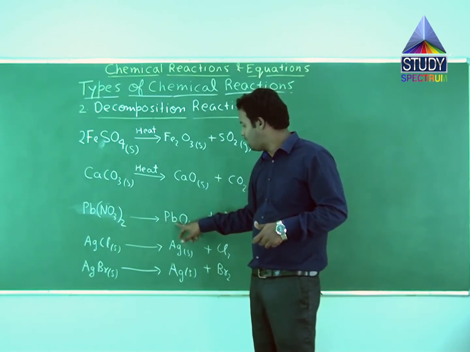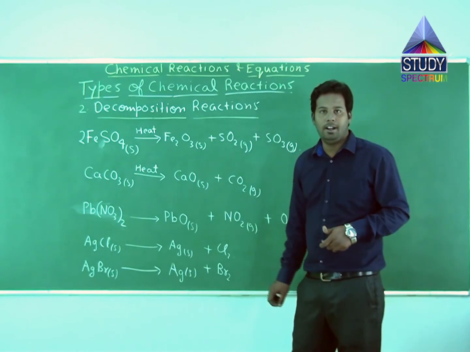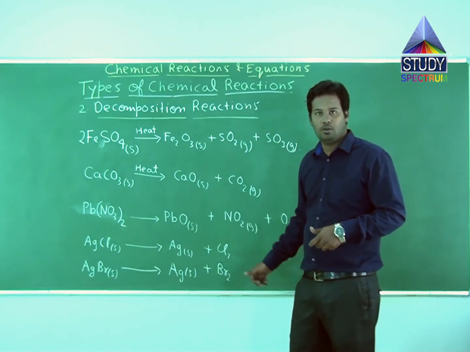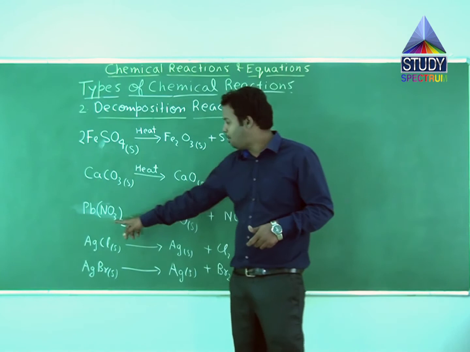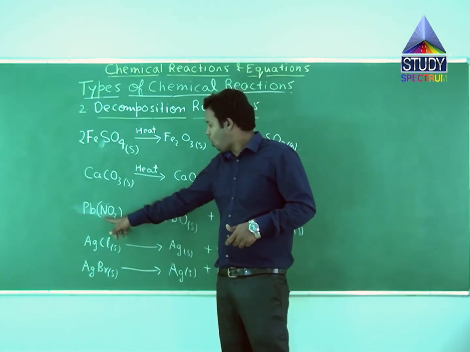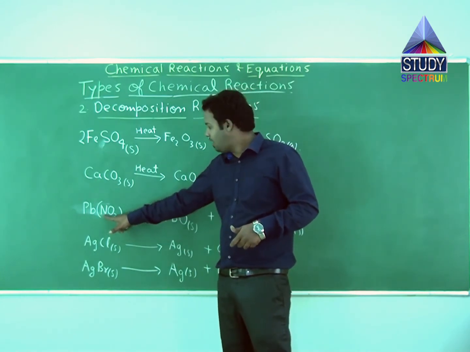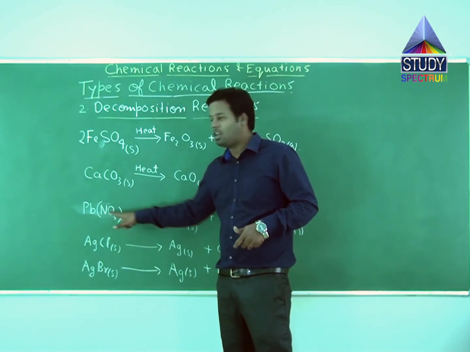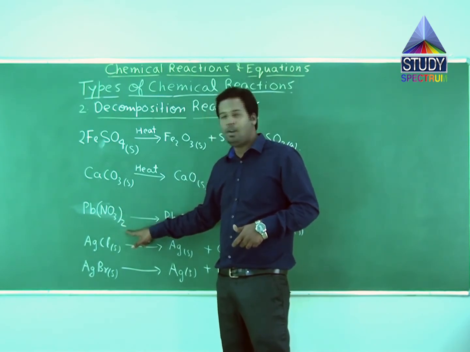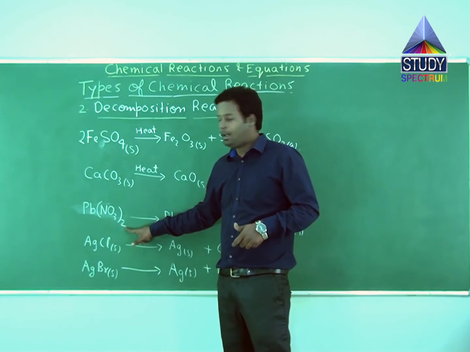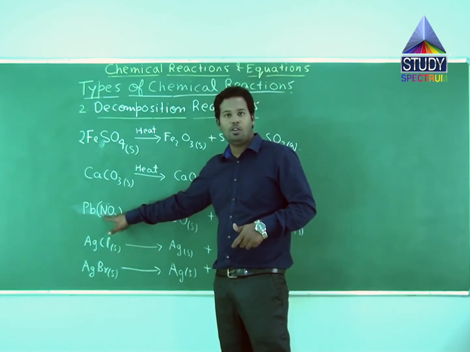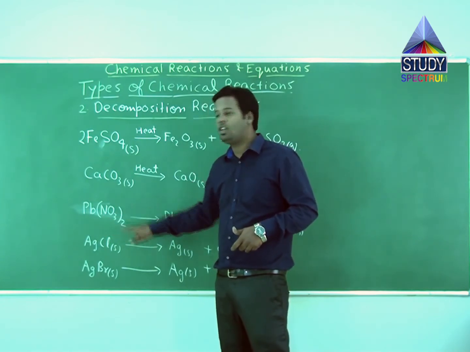So it means the atoms of lead, Pb, will be 1 into 1, that is 1 on the right hand side. It means lead is balanced. Now if you talk about nitrogen, you can see that NO3 is being placed in a bracket and 2 has been placed as a suffix of this bracket. It means this 2 stands for nitrogen also, and this 2 stands for O3 also.